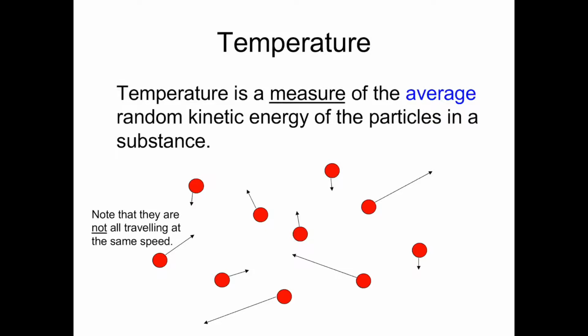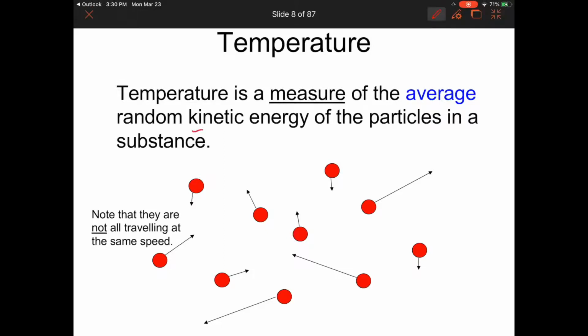There's no way to say that each and every molecule or particle has the exact same kinetic energy, right? And if you recall kinetic energy, that is referring to basically any mass in motion. So even a particle, even though it's a small mass, a particle in motion has kinetic energy. So temperature is sort of an average. Very important to note that. If you do not mention that it is an average, you will not be awarded full marks for a definition because it is an average.